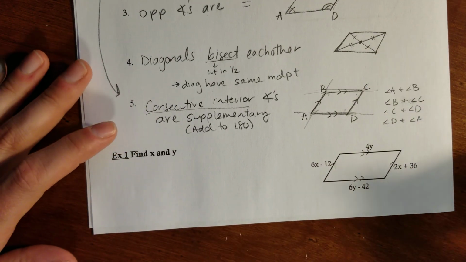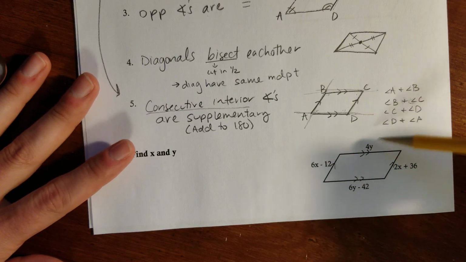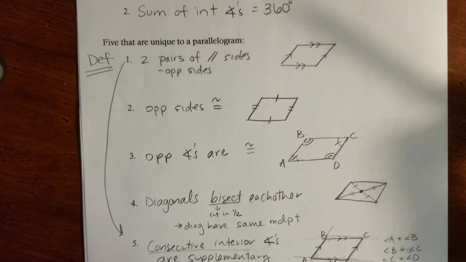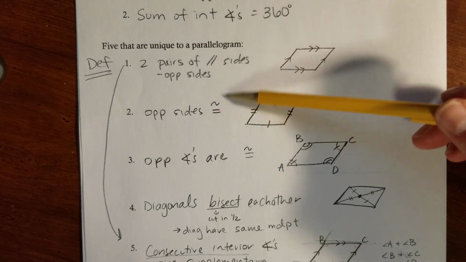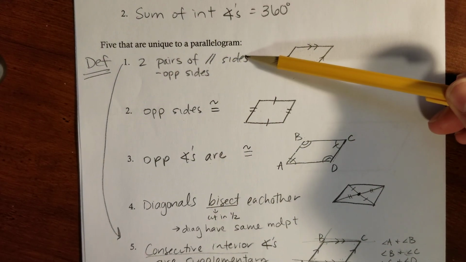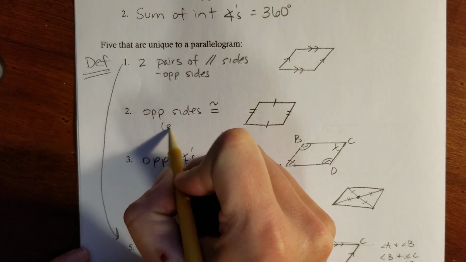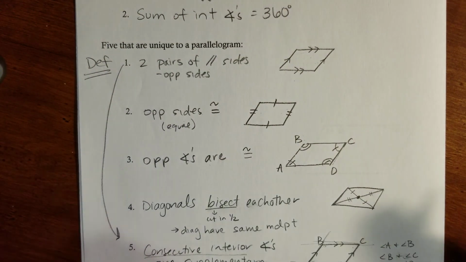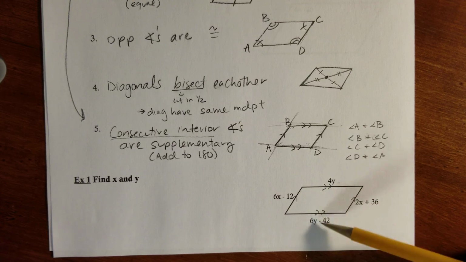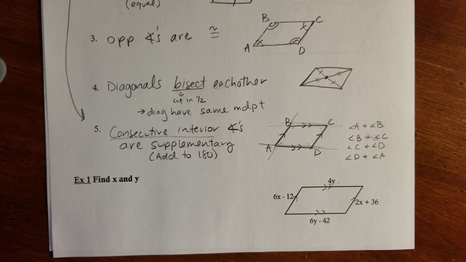All right, so what do we know? We have a bunch of opposite sides. So according to our properties, we have two properties about sides. The opposite sides are parallel and the opposite sides are congruent. Now don't forget, congruent means they're equal. Now parallel is not going to help us find a length, but congruent and equal can help us find a